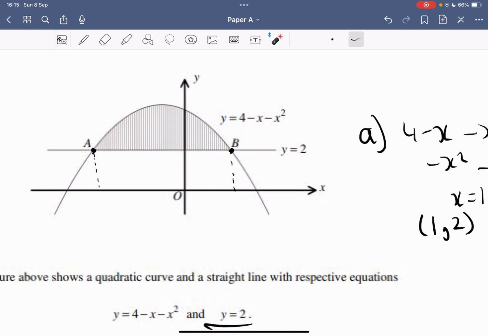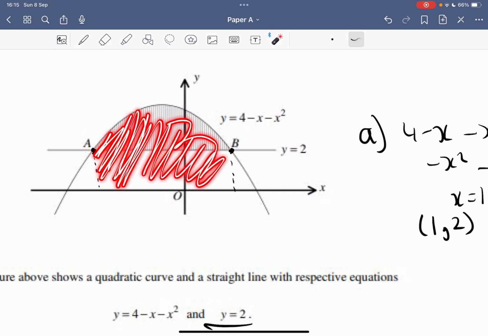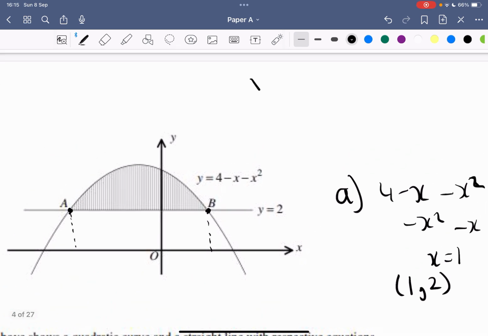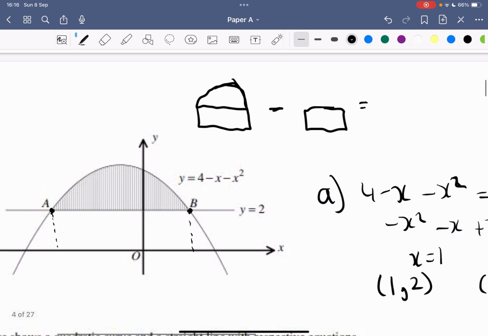So what I can do is integrate this whole area, and then I can subtract this area over here. And then I'm just left with this area. So if you want a visual demonstration of that, what I'm doing is I'm working out this whole area, I'm taking away this area, and I'm left with just